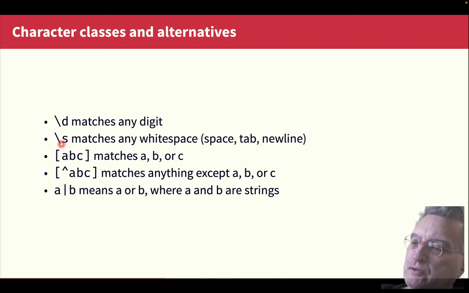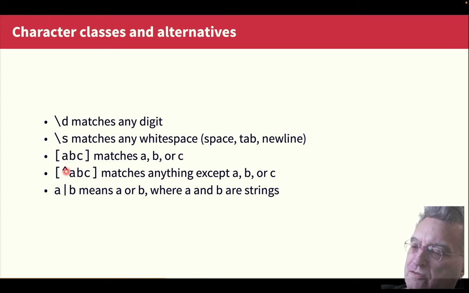I can put all of these things inside a regular expression. If I put \d, that matches any digit. If I put \s, that matches any white space, and white space is defined as a space, a tab, or a new line. This is the alternation operator, and this matches any of the characters inside the